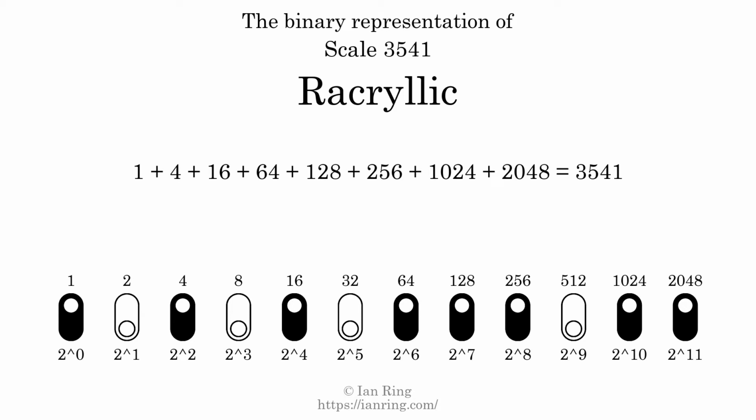That is why the scale number, in decimal, is 3541. The scale number not only enumerates the scale with a unique index, but it also literally describes the tonal content of the scale. Represented as a binary number in base 2, the scale number is